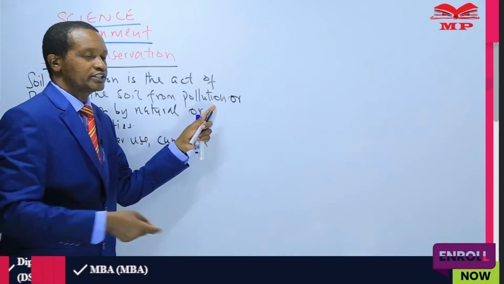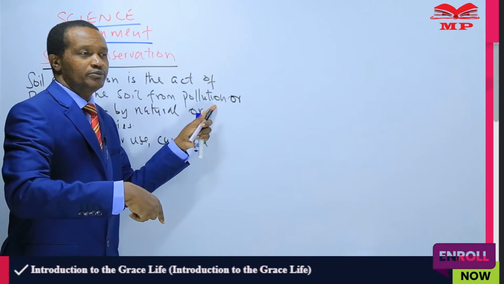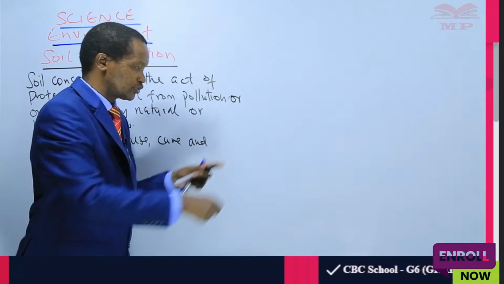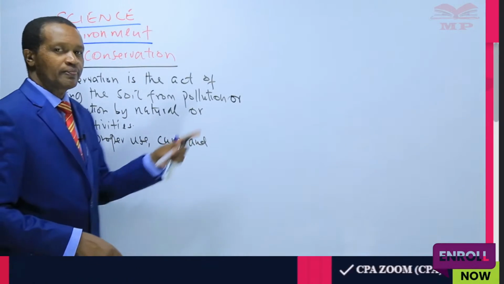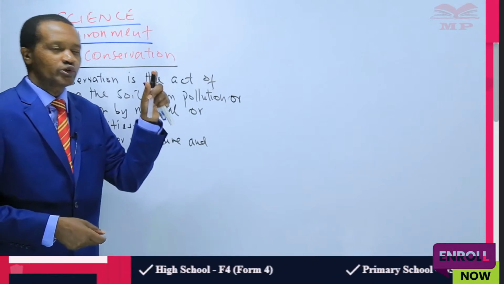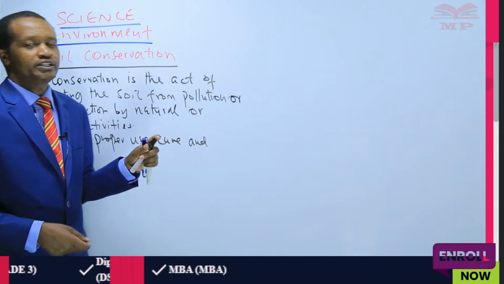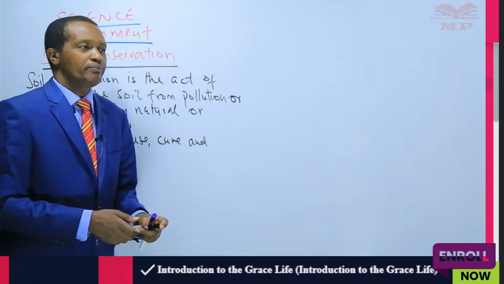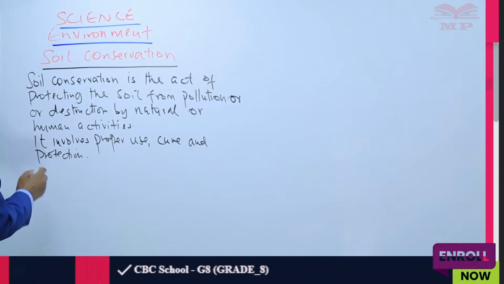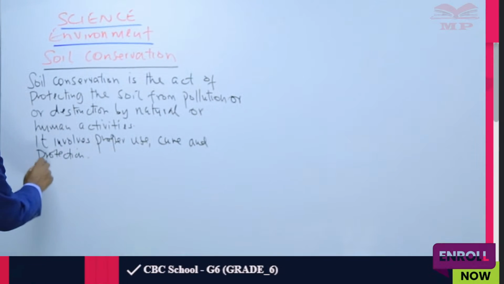Soil pollution, that is introduction of harmful products, substances to the soil, and also preventing soil erosion. So learners, I'm repeating, soil conservation can be done through maintaining soil fertility,